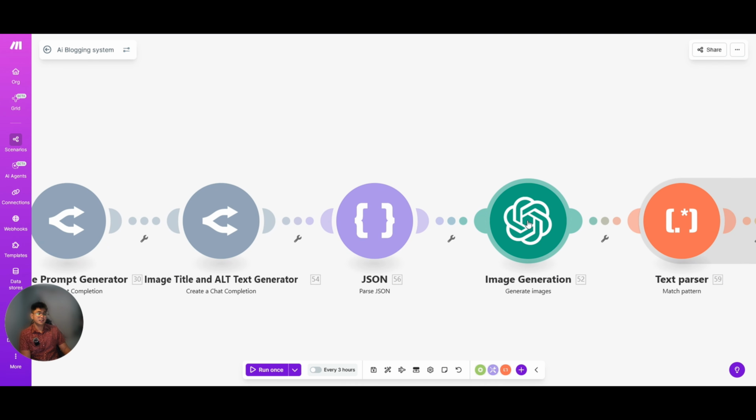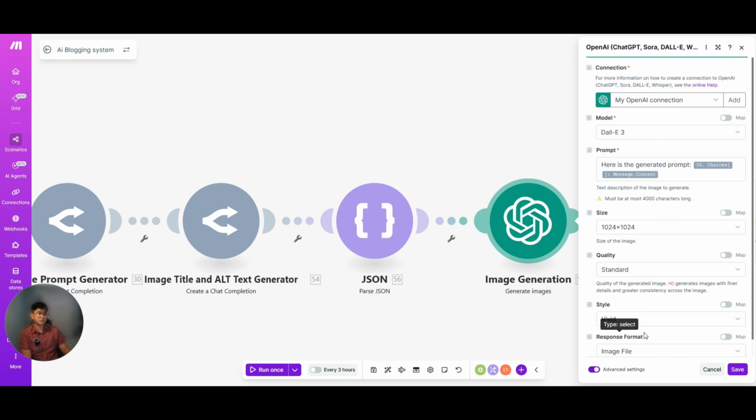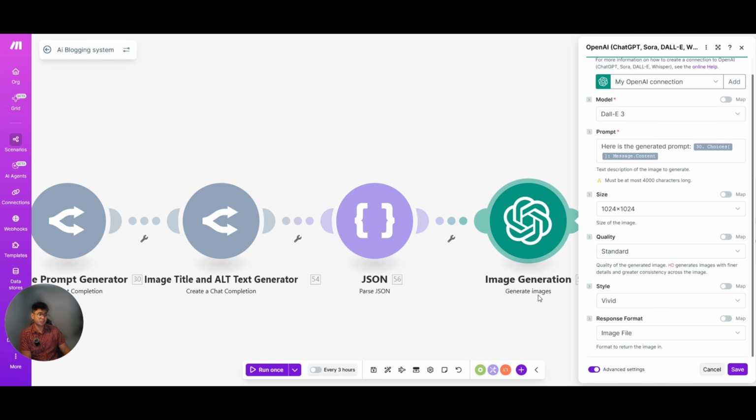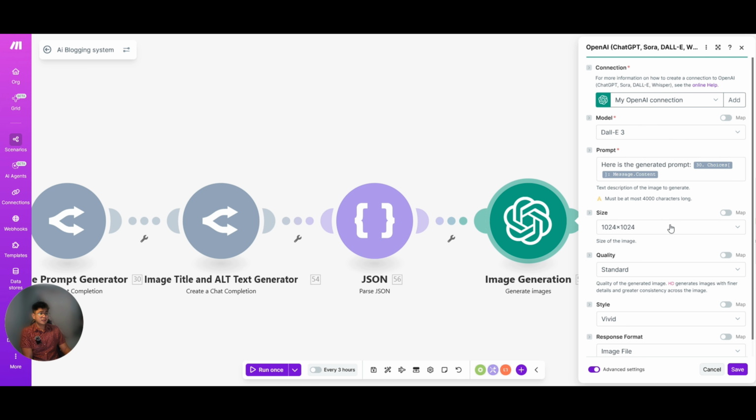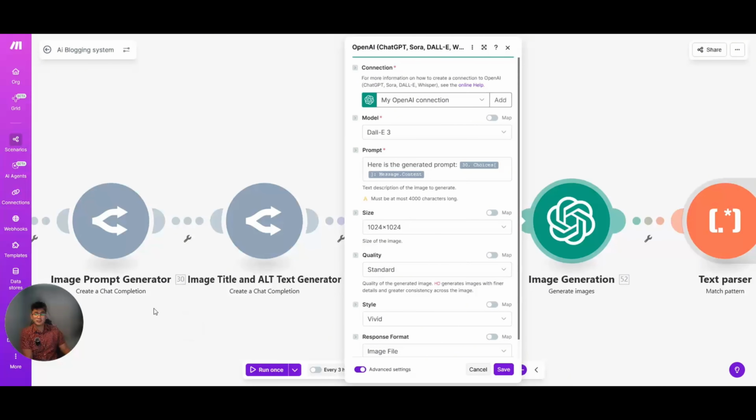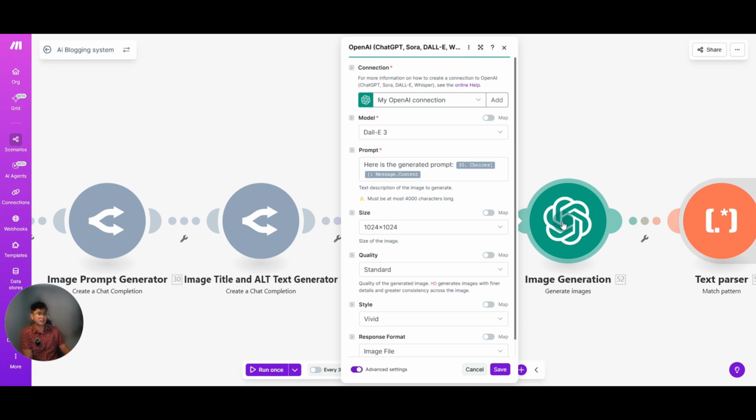Now, for the image generation, I use the generate images module from OpenAI, and use the DALL-E model. So this is the generated prompt. For the prompt, I paste the generated prompt from the image prompt generator.